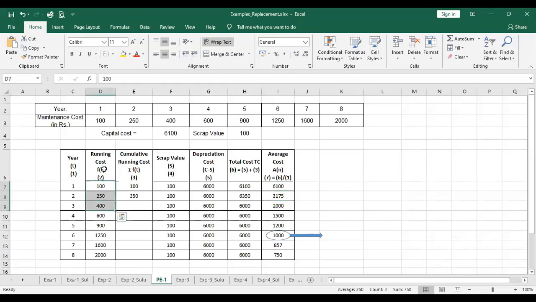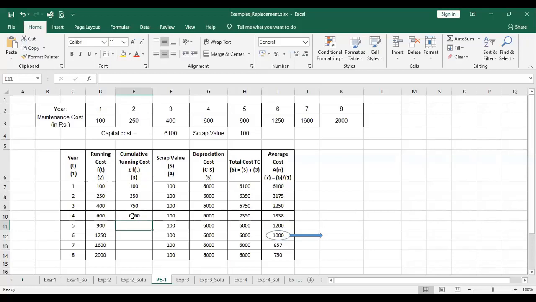For the third year, the running cost would be total 750. So here we have to enter the value 750. So let me enter that value 750. And yes, the answer is right for Parth and Prashant. And the average is 2250 rupees. Now for the fourth year, I am supposed to add up all these 4 years, which is 1350. So if I'm entering it, the answer is 1838.